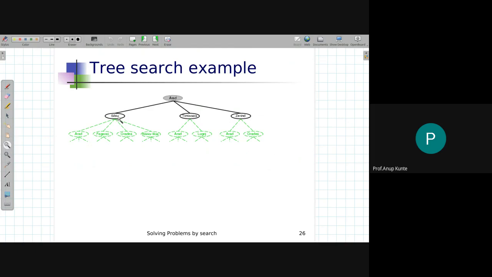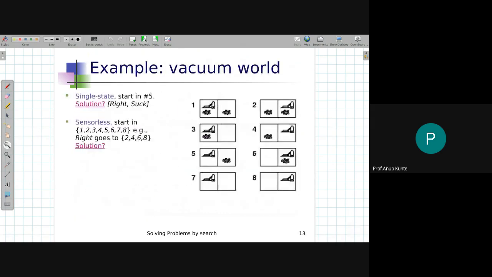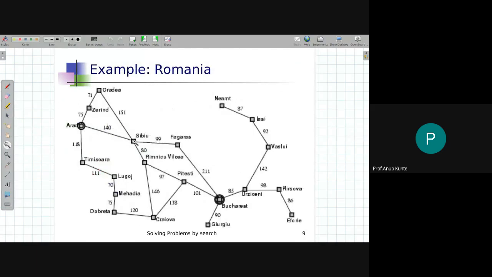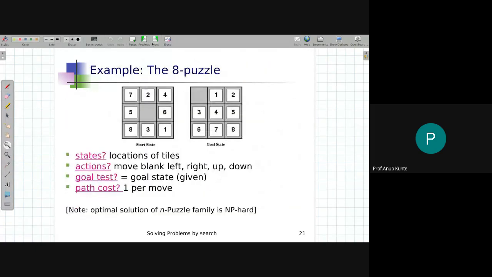How will you return the solution if you only remember the current state? You won't understand how you reached Cebu, because if you see the graph, let me show you the graph again. Yeah, this is the graph, and this is Cebu. To reach Cebu, there are four different ways. If I don't remember how I reached Cebu in the first place, I won't understand what the solution action sequence is. So to remember the solution action sequence, I need to remember how I reached a particular node in the state space while creating the state space tree.